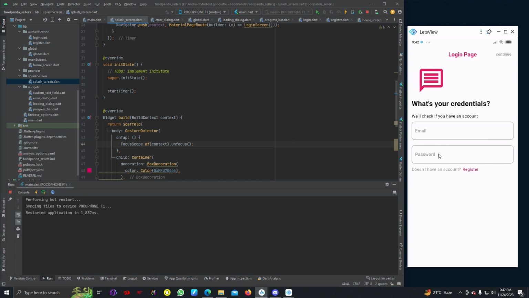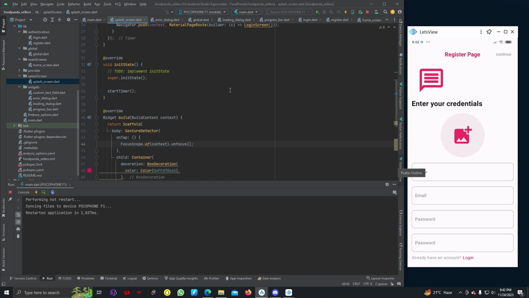So now it looks perfect, but we still need to change few things,